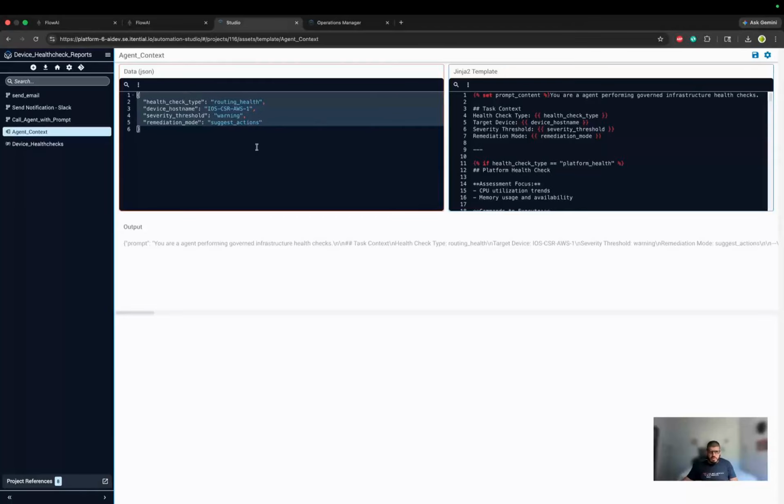If you read through some of these things, it'll lead you to the conclusion of what the use case is. We're doing health checks on devices, but we're putting parameters around them: the health check type, obviously the device host name, the severity threshold, and the remediation mode. And if you look down here, what renders is an actual full-on system prompt for the agent. It starts by saying you're an agent performing governed infrastructure health checks, task context, health check type, routing health,